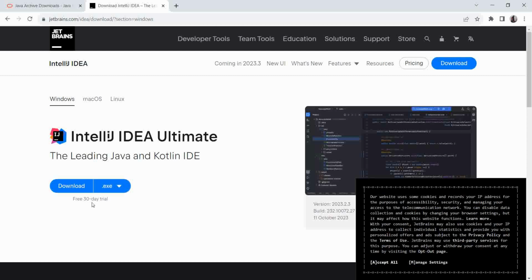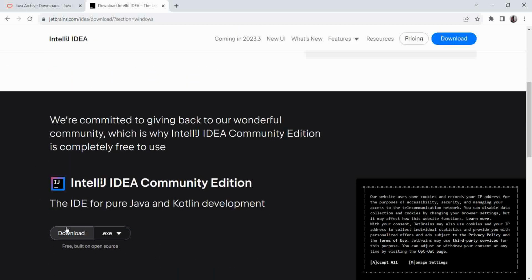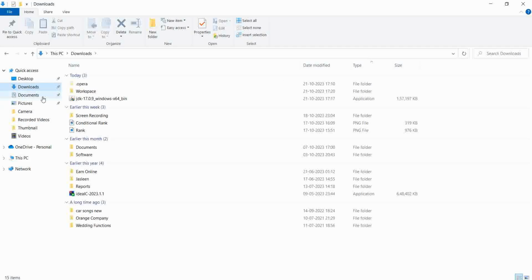This is the ultimate version. You do not need to click on this. Instead, scroll down. There is a community version and almost every feature is available here. So you will download the community version. I have already downloaded it. This one. I will install it.